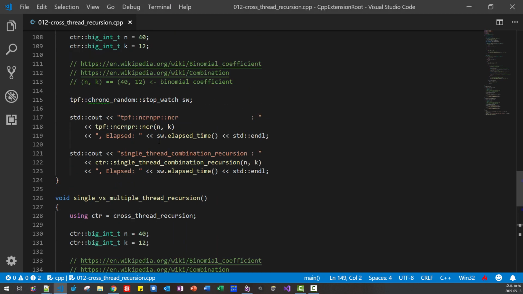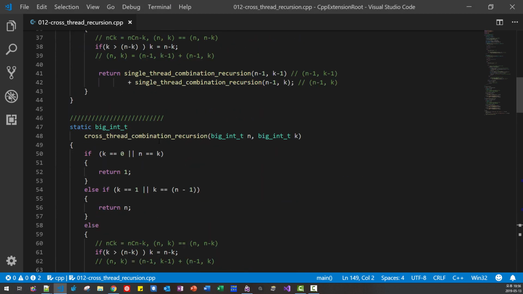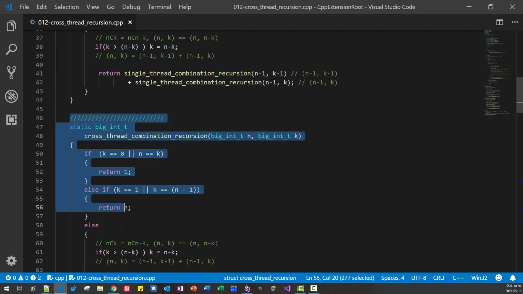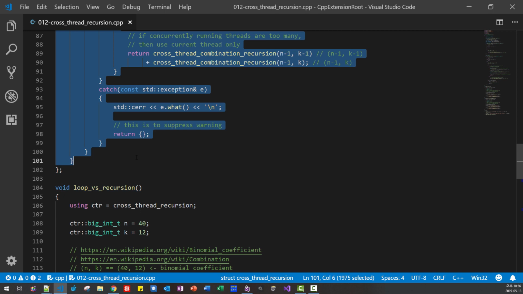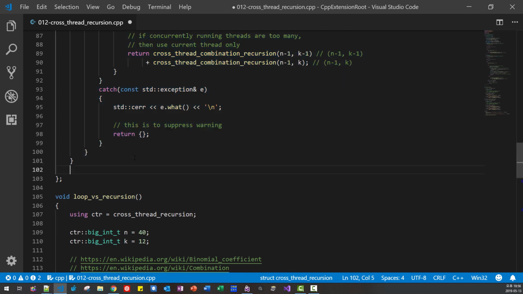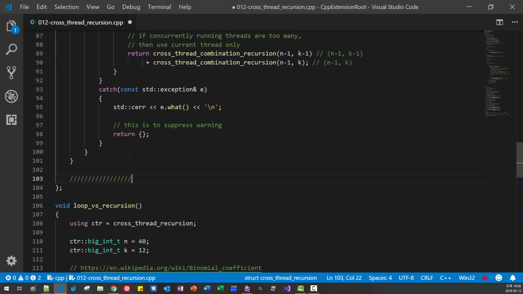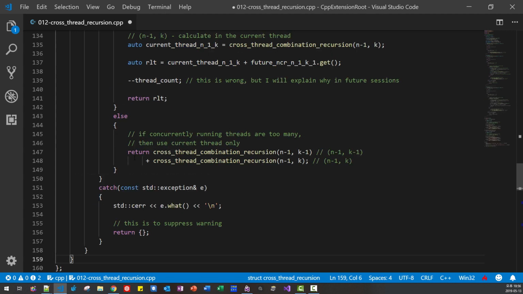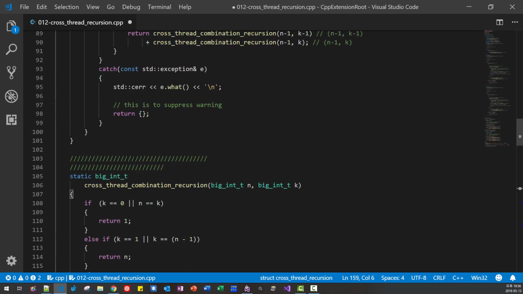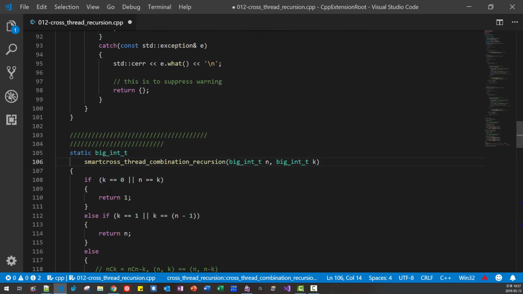Then I will create another one. Using too many threads is not a good idea. I will copy it, I copied and pasted it here again. I modified smart cross.